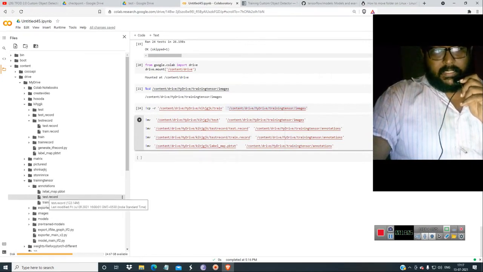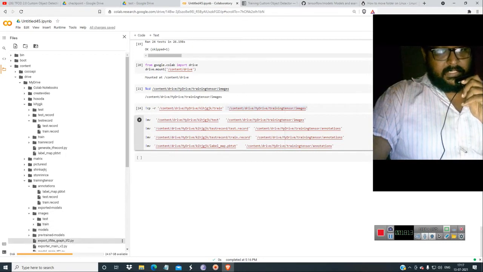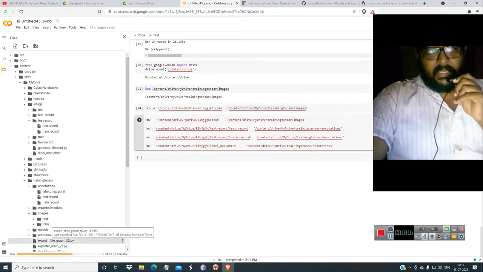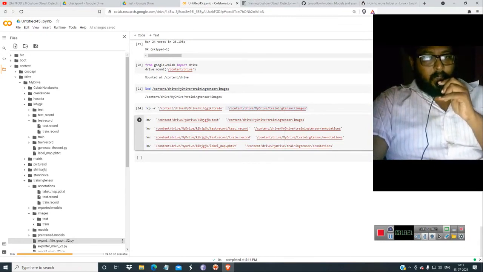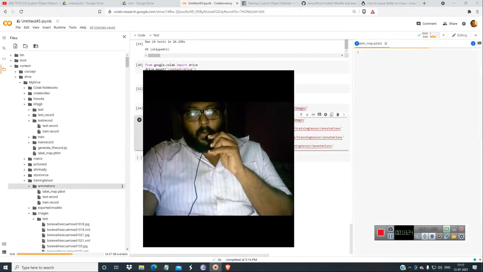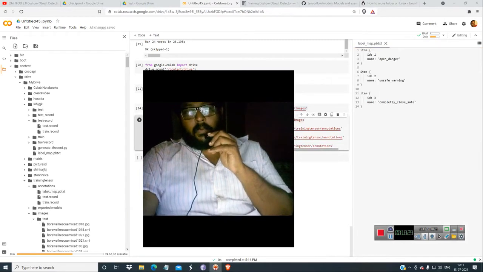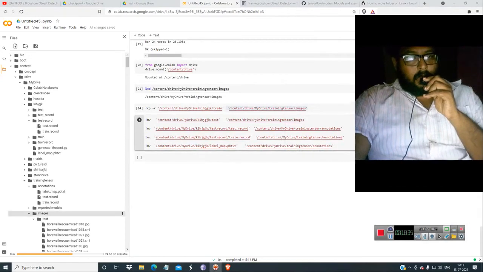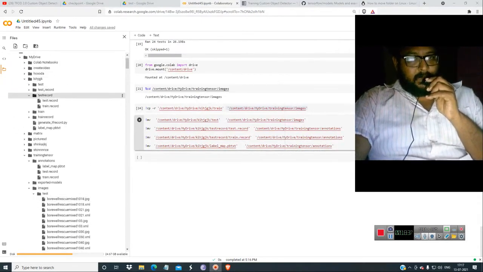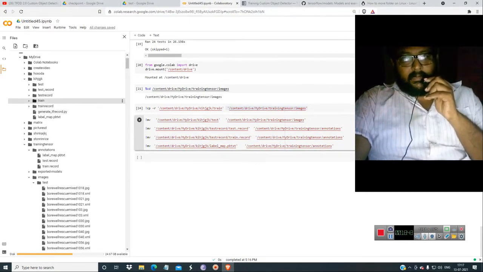Okay, test.record and train.record have all been moved, and in images, the test images and all those images have been moved too. So instead of copying, we may use the move command also. Now the label.pbtxt, let me show you what's inside. These are the things. I showed this in the previous one. So everything has been moved and copied, and so far we have done it very correctly.